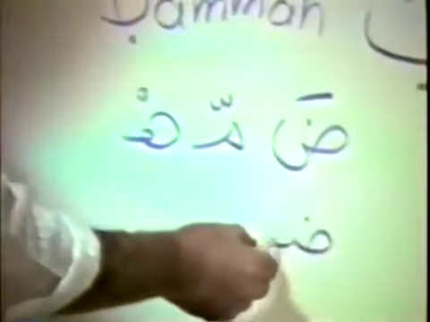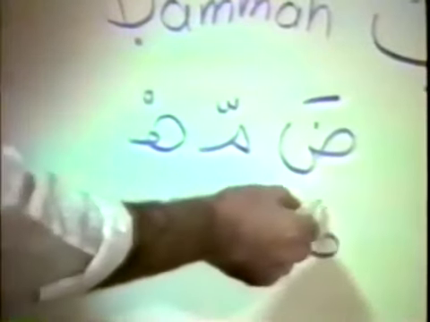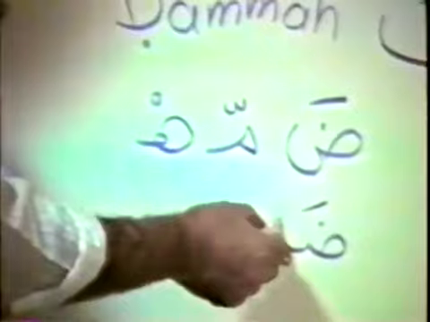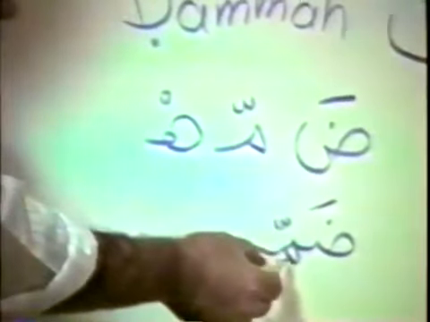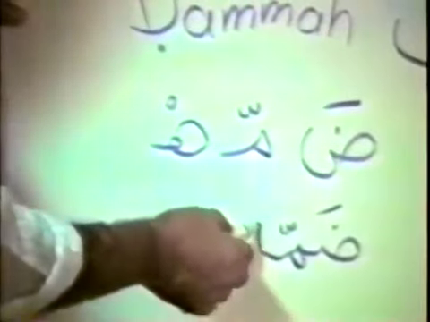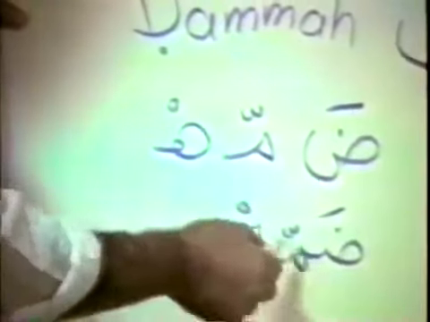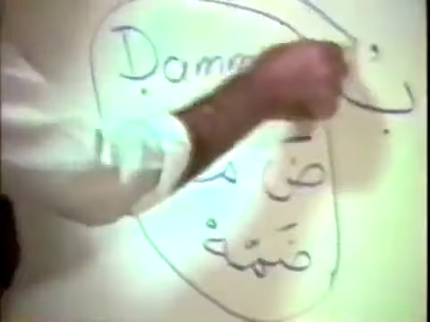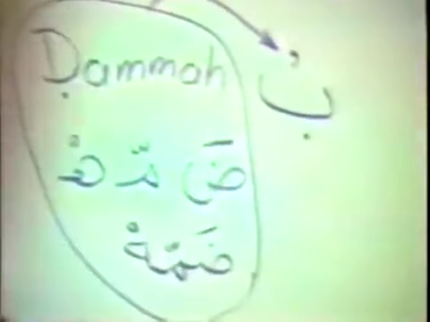That's the name. Now, if you connect the letters, they will look like this. This is the da, this is the ma, this is to put a slanted dash on top of the da to make it da, and the shadda on top of the meme to make it stressed, damma, and the ha looks like this, damma. So these are the names of this vowel, the damma.